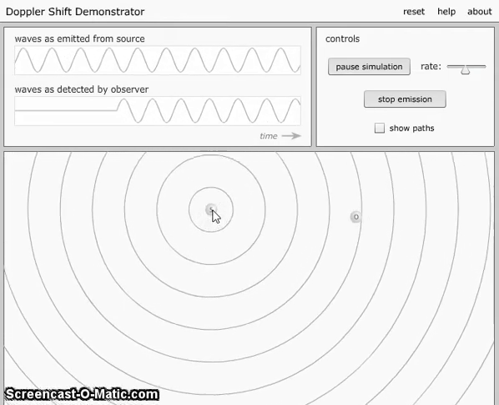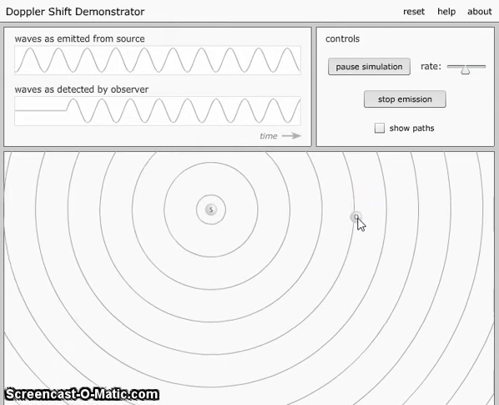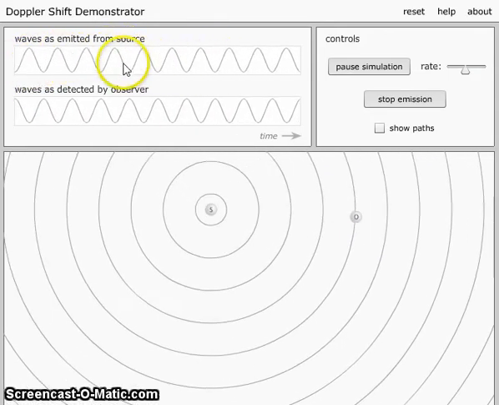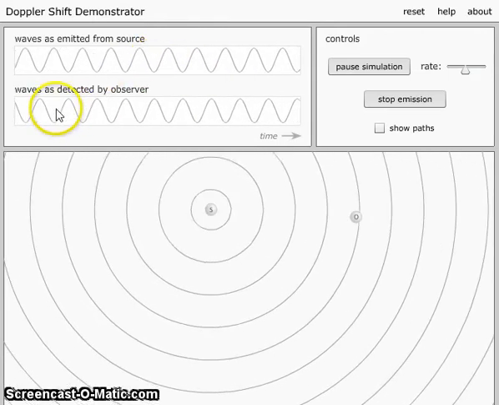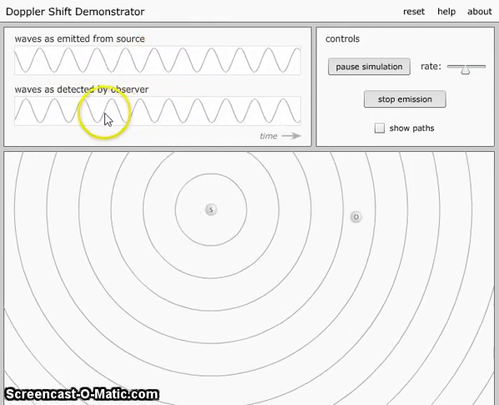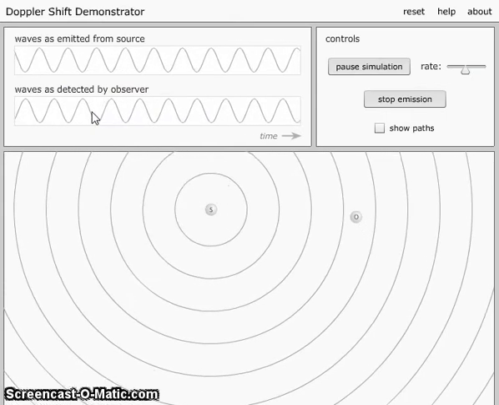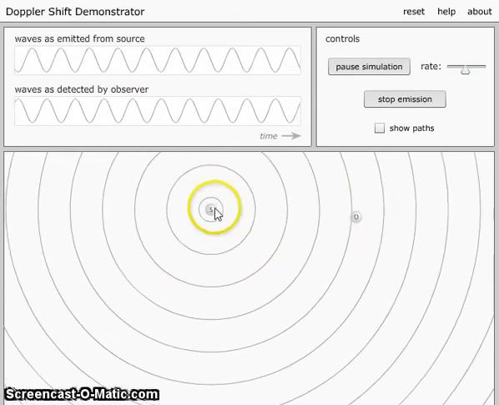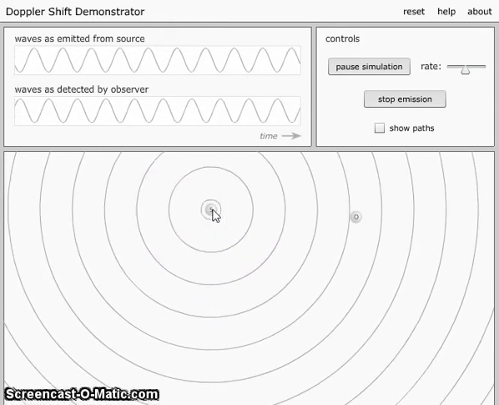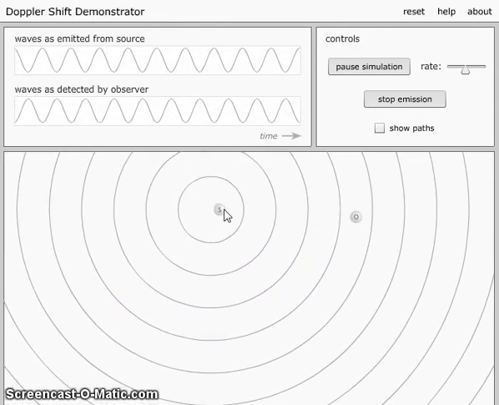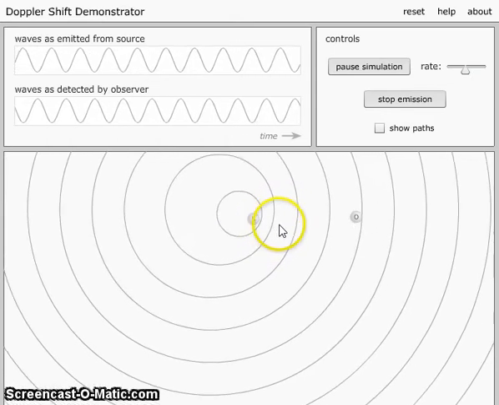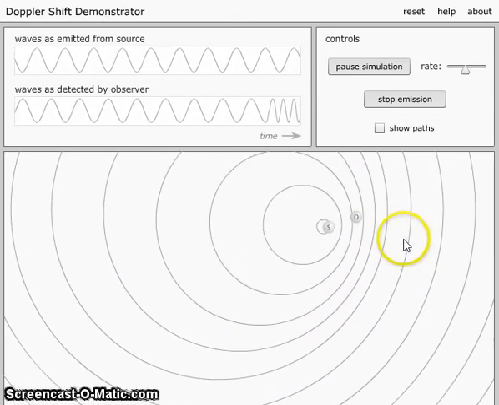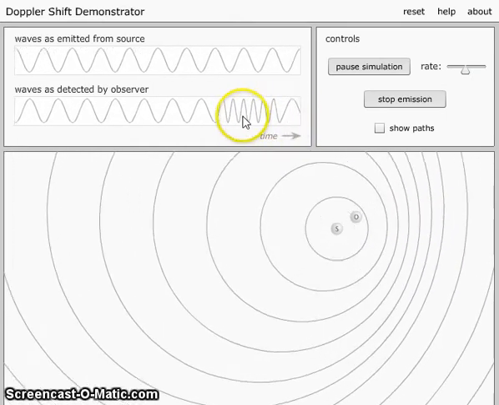Now, the source is currently not moving, and the observer is not moving either. So you see that the wavelength that's emitted from the source and the wavelength that is detected by the observer are the same. Okay, so there's no Doppler shift because neither the source nor the observer are moving. But watch what happens when I move the source toward the observer. Okay, you notice that when I do that,